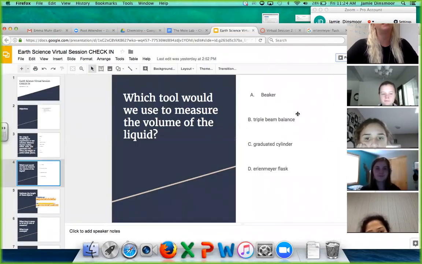Okay, and then triple beam balance, hopefully we're all familiar with that. That is a way to measure mass. Okay,